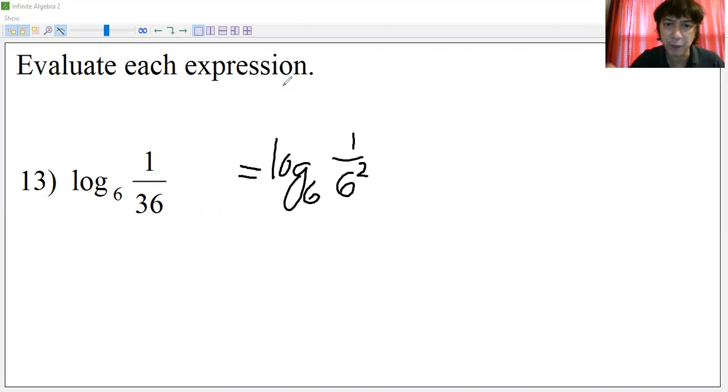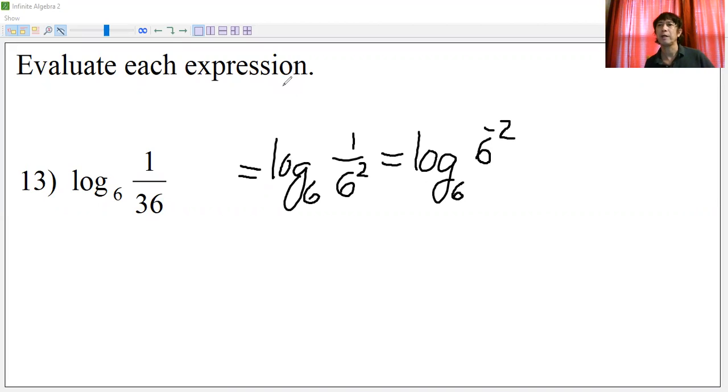And then further, we can make that logarithm to the base 6, and we raise it up at the numerator, making the 2 negative, like that, by the law of exponents. And we can see readily the answer, it's a negative 2 there. And we shall verify the answer. There, it's a negative 2, okay? You can see it over here. So the answer is over here. It's a negative 2. All right, let's continue with the next number.